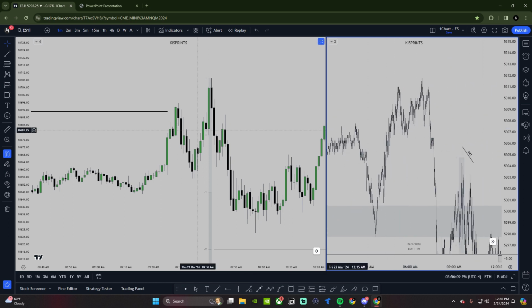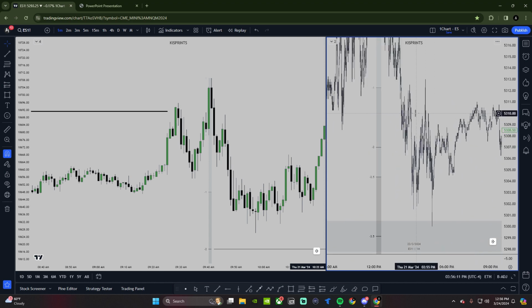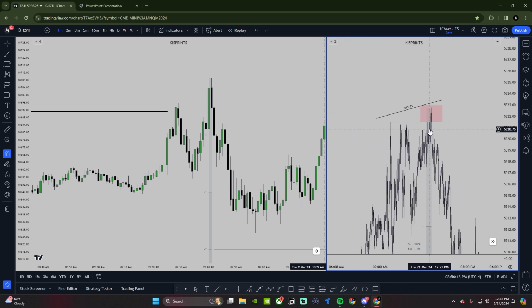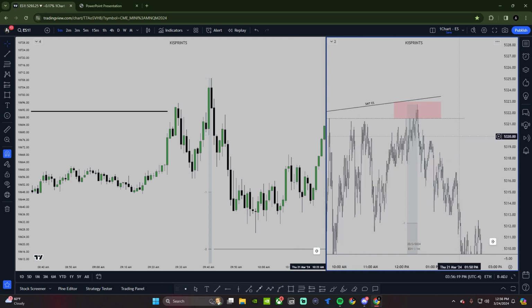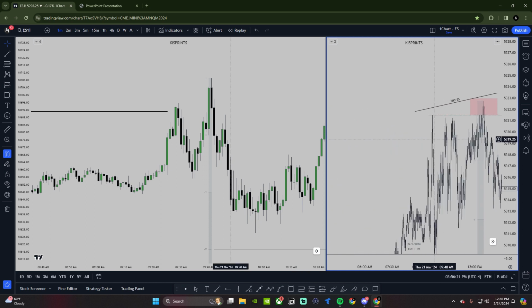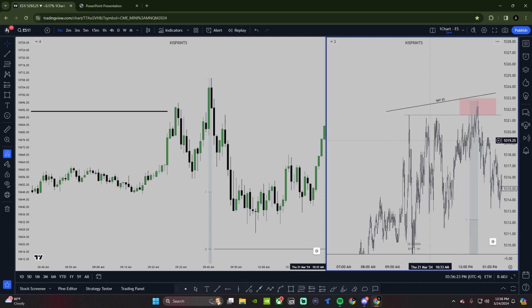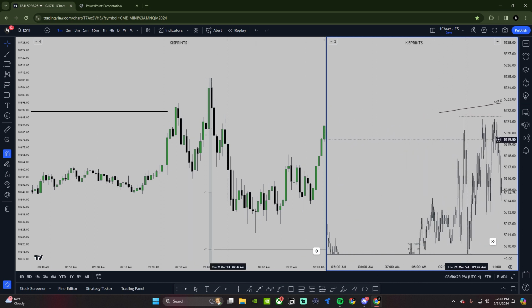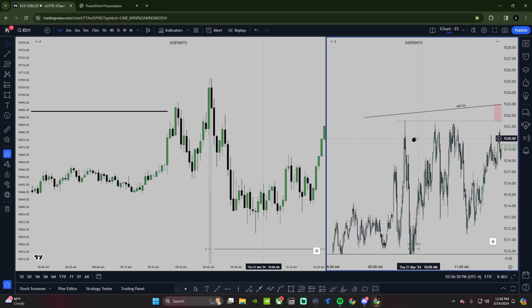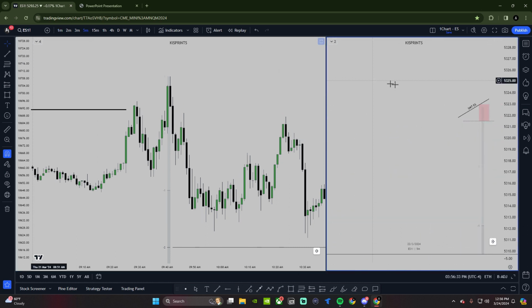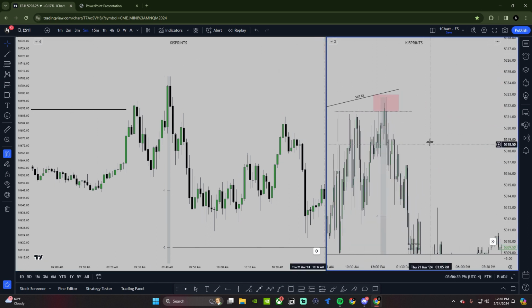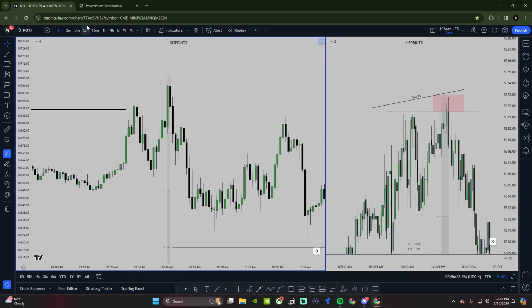This is Friday. Let's see where Thursday is. See, so I did use it. I still have it marked out right here. So this was right here. And there was SMT actually, I think. No, there wasn't. There was SMT in the PM session. So I think this was a 5 minute model. So if we go on the 5 minute,